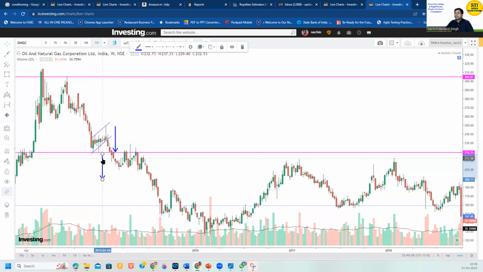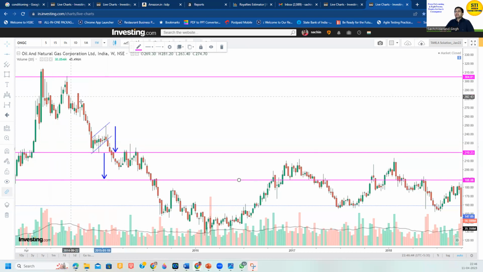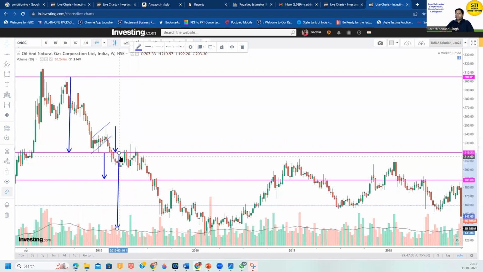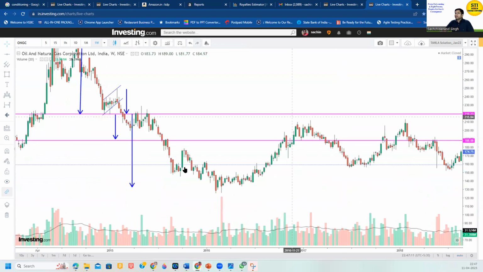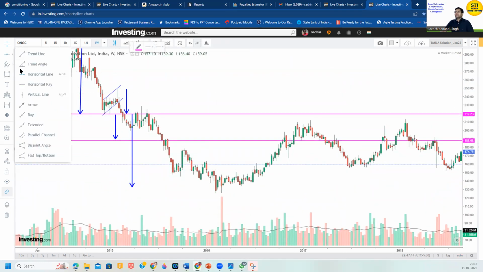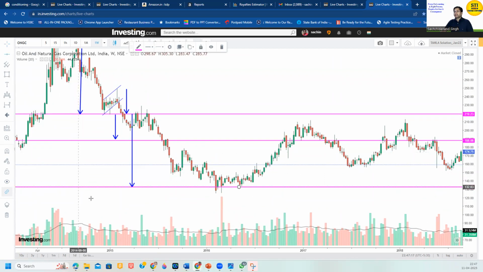So I'll just copy and paste. And here, this is your first target. And the second target will be the equivalent of the height of the pole. And the height can be calculated from the place where the price started moving down. And once the first target is achieved, look for the second target. And from the same resistance line, I will put one more arrow that will give you the second target. And to verify with the price line, you can just have a horizontal trend line. Okay, that is how we can put a